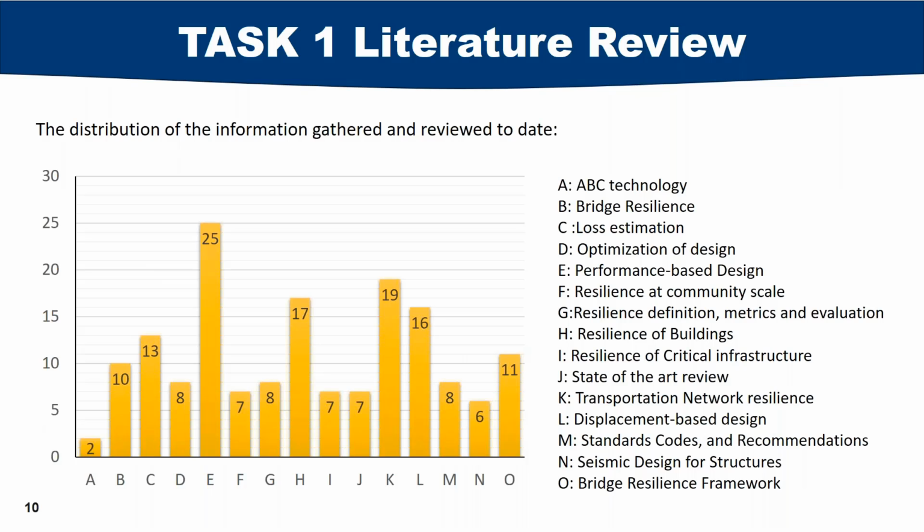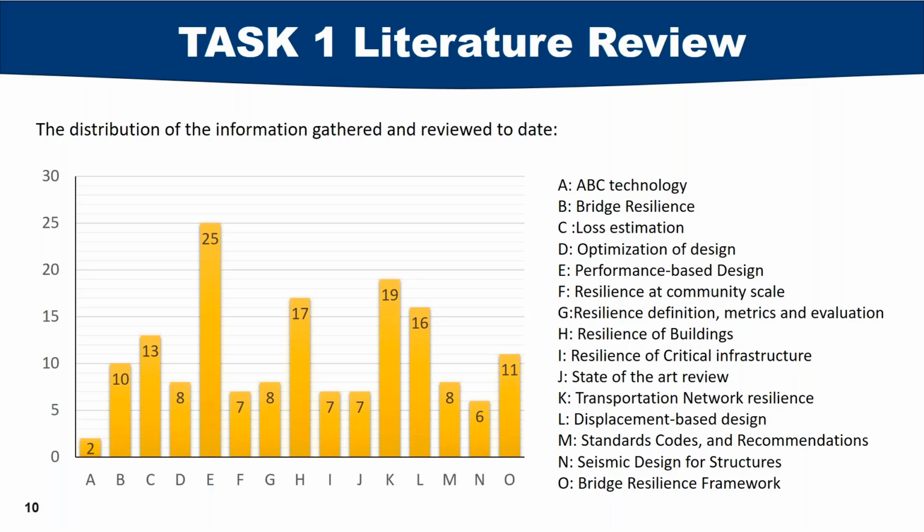So we started by looking into, or trying to categorize, the information out there. We started with about 165 sources or resources, the ones that we believe are the key documents in this area, and we started classifying them into categories just to see how we can make the best out of them. So we came up with 15 categories that you can see here, and I will show samples in the next few slides.